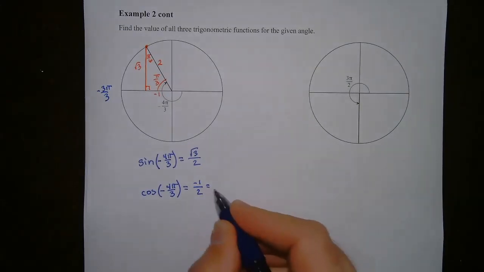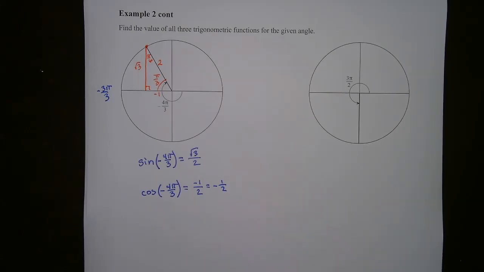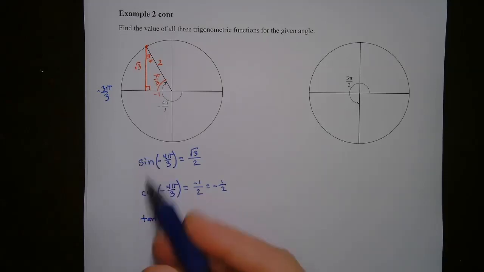Or if you chose to, you could write it like this. Put the negative in front of the fraction. And then tan of angle negative 4 pi over 3